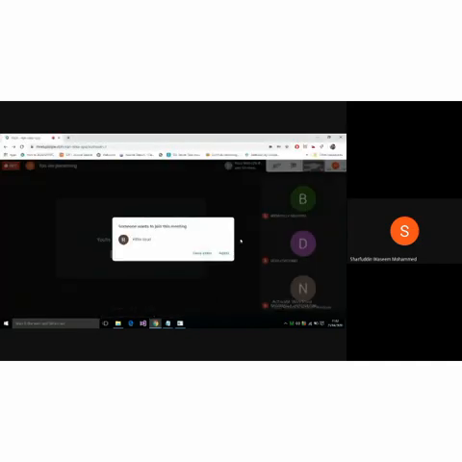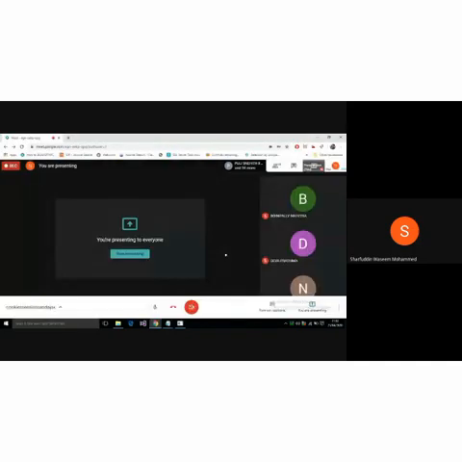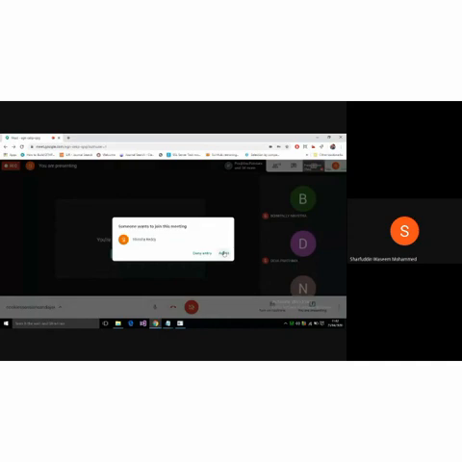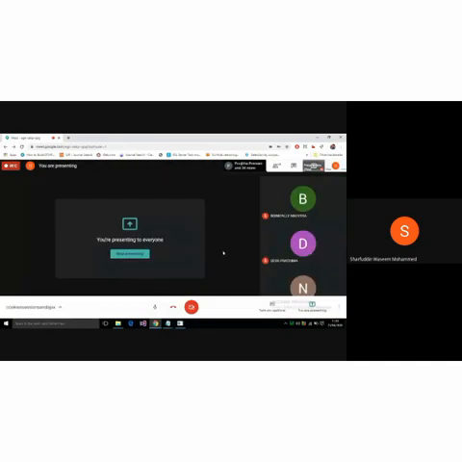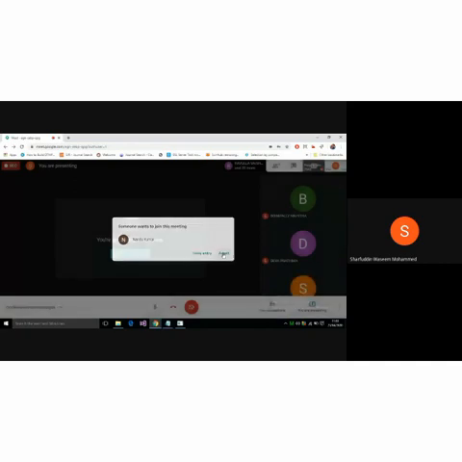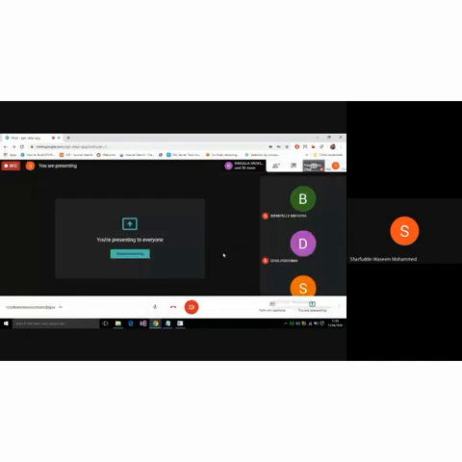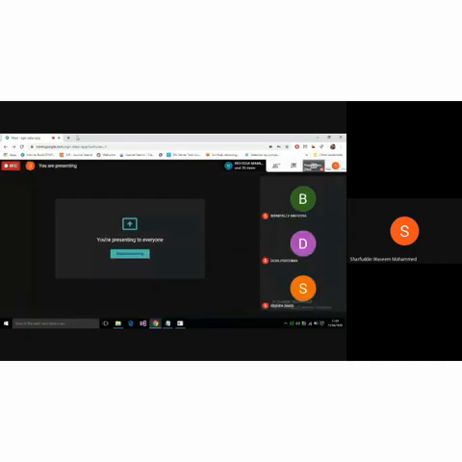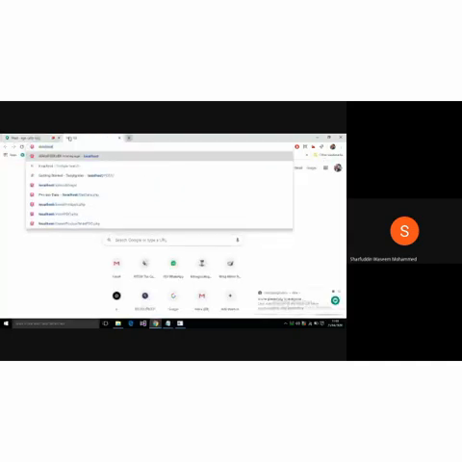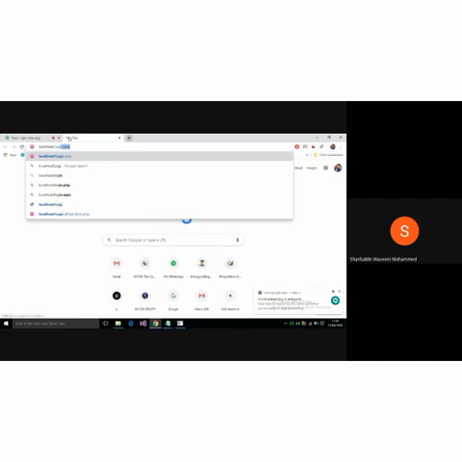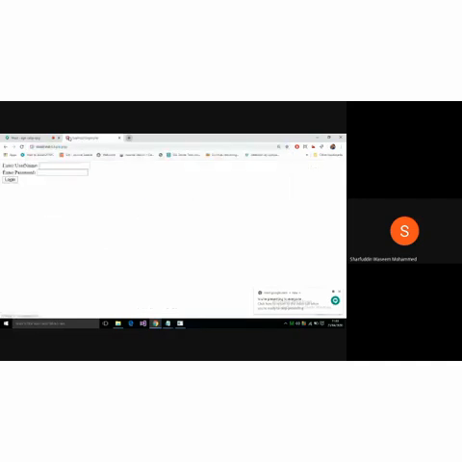So how to execute the program? It is localhost followed by login.php.